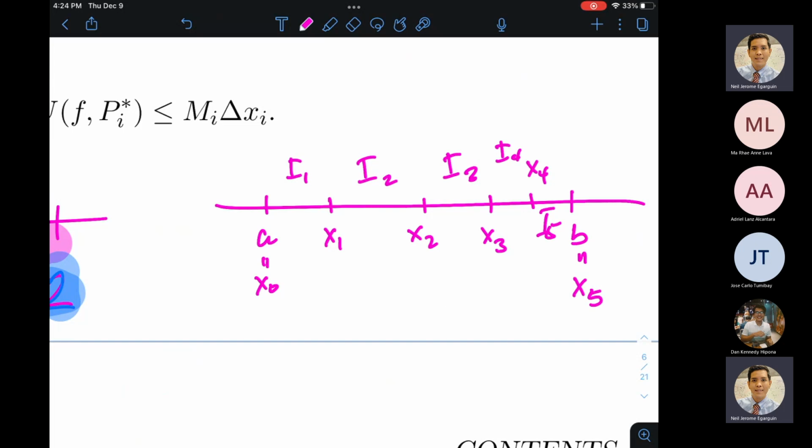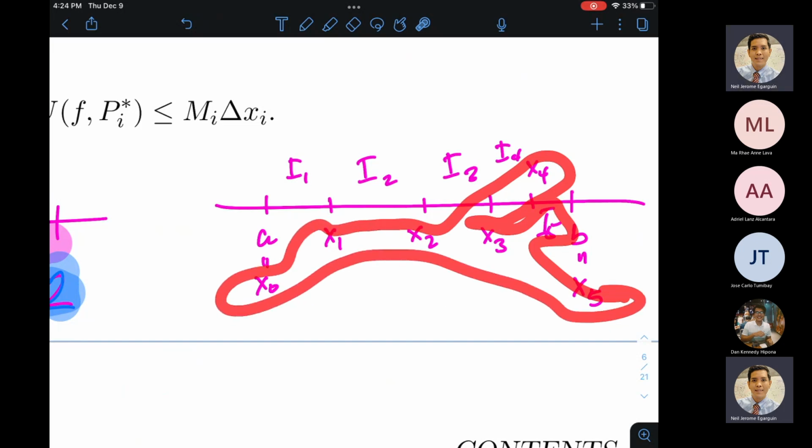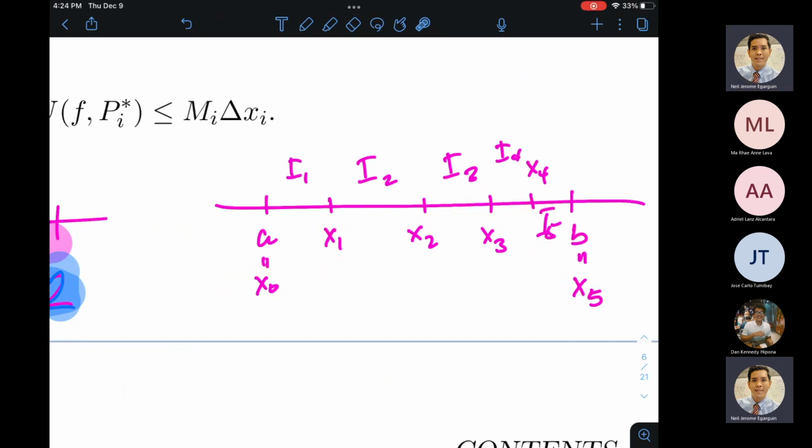Bakit siya tinawag na refinement? Kasi dahil siya ay superset, nare-retain yung mga original elements ng partition inducer, dinadagdagan lamang natin sila. So, posibleng may madagdag dito na isang element. Paano ko siya tatawagin? Halimbawa, tawagin ko siyang X6. Kaya lang, hindi na siya magmamatter. Hindi masusunod yung ordering. Tawagin ko siyang X1 tilde. Alright? For lack of good notation.